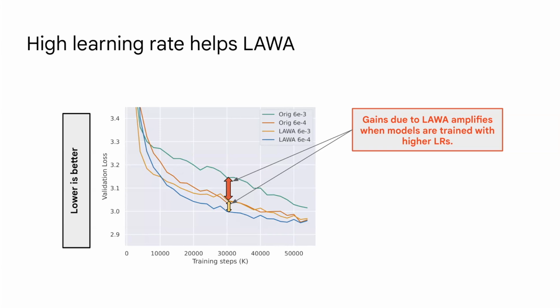Let's see the fine-tuned, or grid search, learning rate of 6e-4. So there is this red curve and this blue curve with LAWA at 6e-4. You are anyway getting benefits. Yeah, that's what I thought. You just take a normal training run with whatever learning rate is best, and then you perform LAWA.